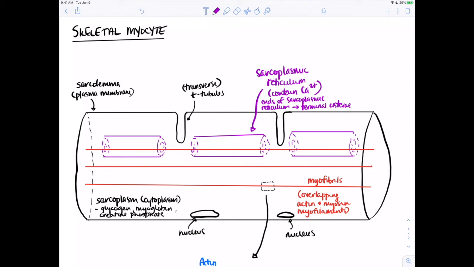Okay, so let me just draw that in over here. This would be a terminal cisternae over here, and then this would be one over here. What you'll see is the way in which it lines up is that these two terminal cisternae, sorry, I actually spelled that incorrectly. I was just trying to draw really small. Cisternae, I was missing an E, N. It is when you take these two terminal cisternae of adjacent sarcoplasmic